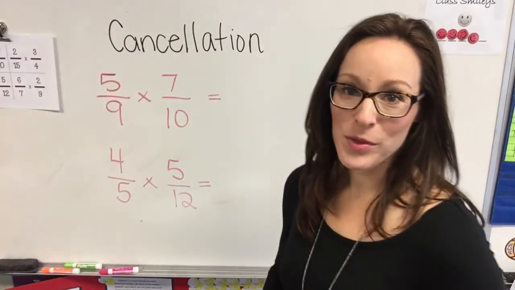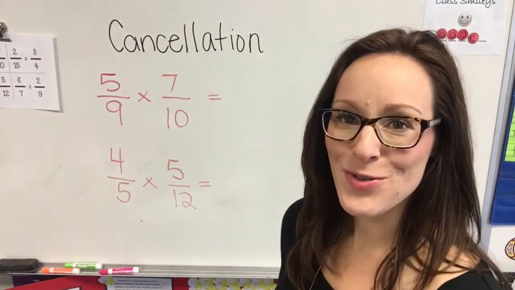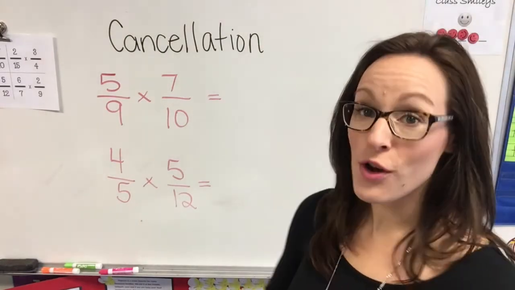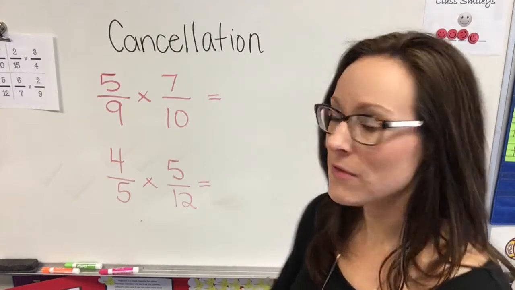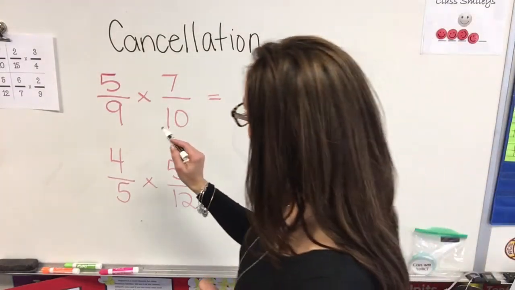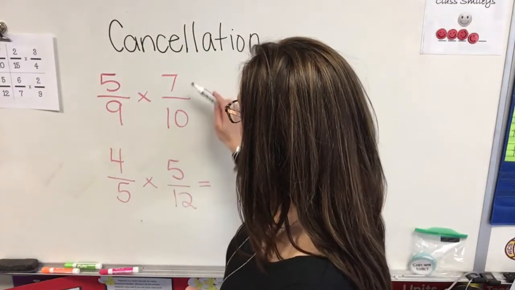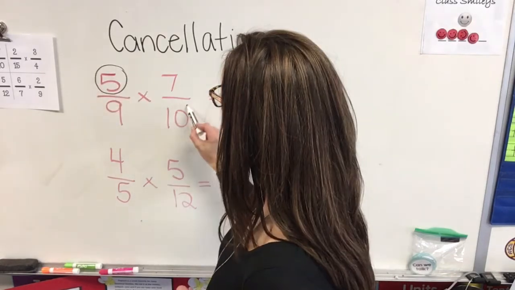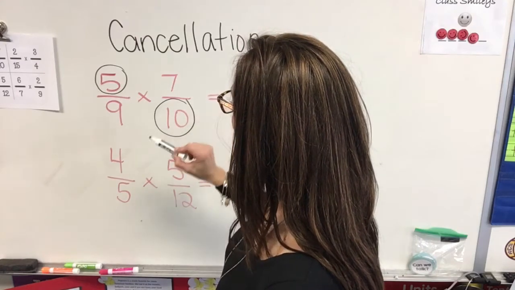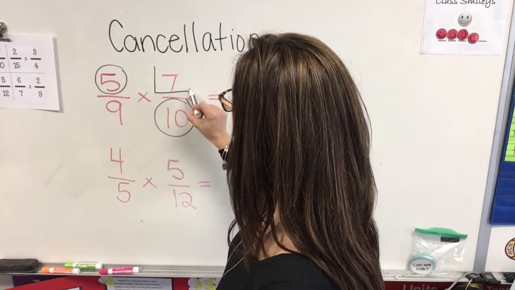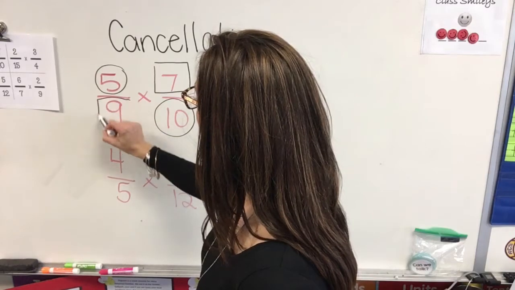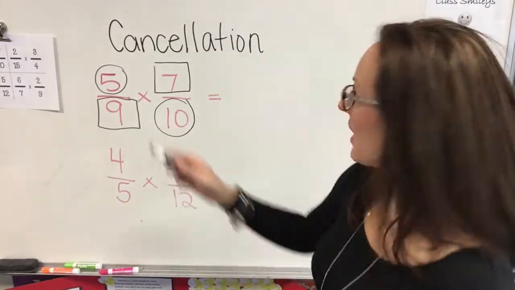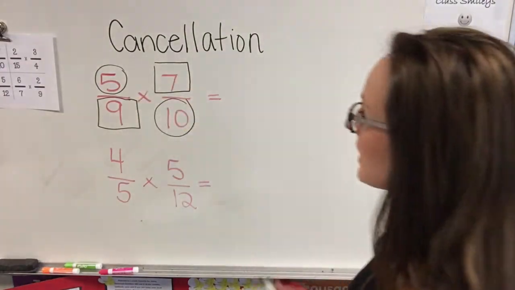Now I want to take a couple of larger numbers, maybe trickier fractions here to multiply, and use cancellation to show you how beneficial it is when we're multiplying fractions. So if I take a look over here, I have 5/9 times 7/10. So I care about this numerator and this denominator and this numerator and this denominator because I always want to cross cancel. Think of those cross eyes or think of making an X, whatever it takes to help you remember